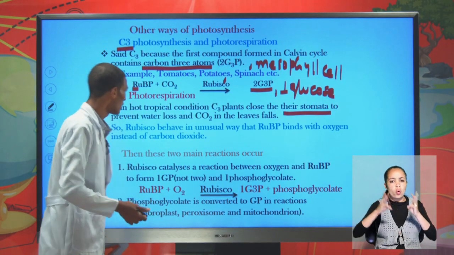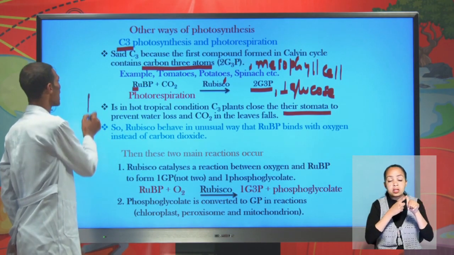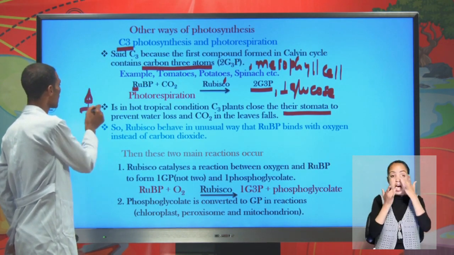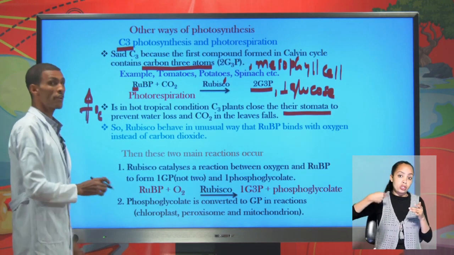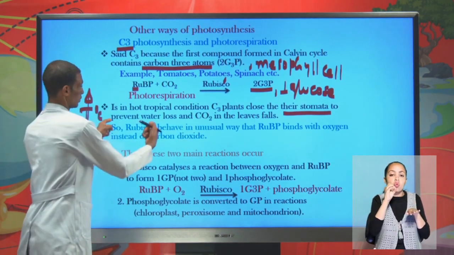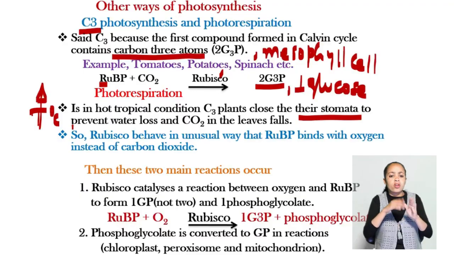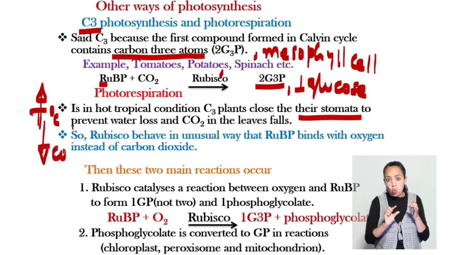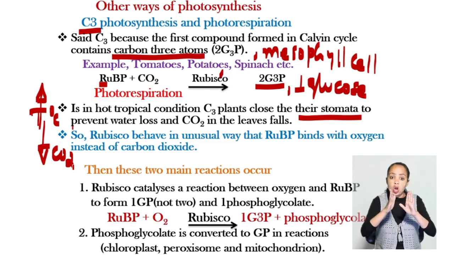This type of plant may not be adapted to higher temperature. If the temperature increases, they close their stomata to prevent loss of water. And again, if the concentration of carbon dioxide becomes low, Rubisco may not catalyze in the original manner. Instead, Rubisco behaves in an unusual manner that allows ribulose bisphosphate to bind with oxygen instead of